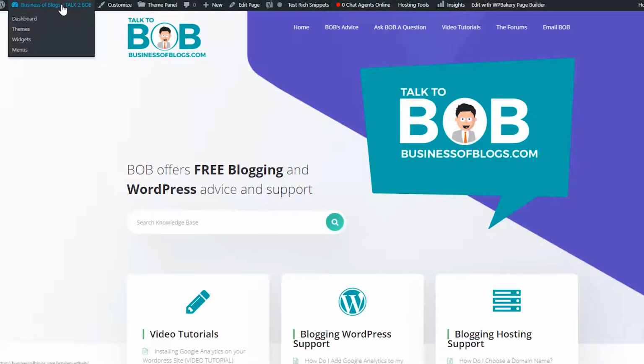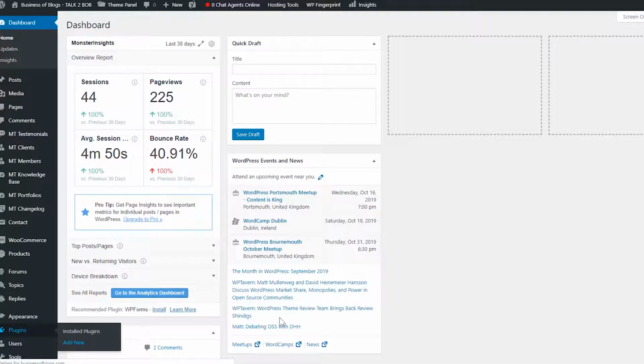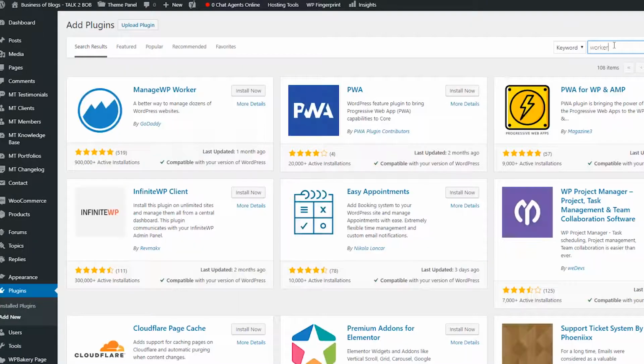On businessofblogs.com, we're going to go into plugins, and we're going to add a new plugin called Worker. Now, this sits on your website and does nothing but authenticate the dashboard. What do I mean by that? It's simple. So type in Worker, click install, and activate. Now head over to